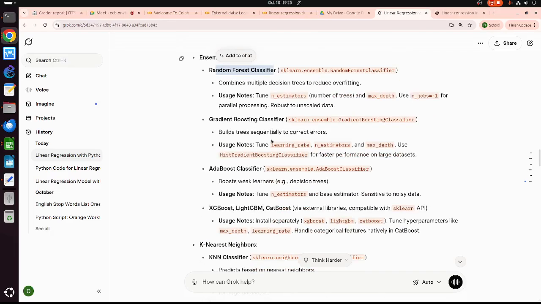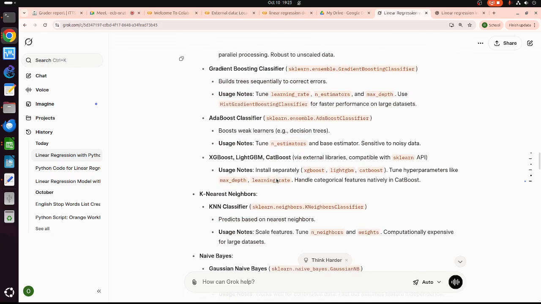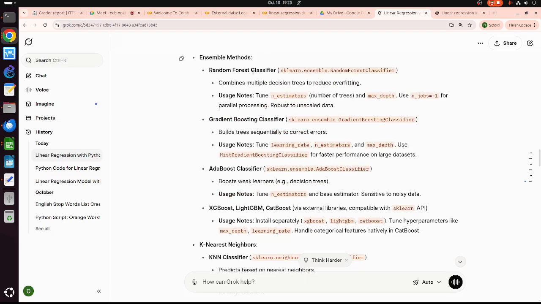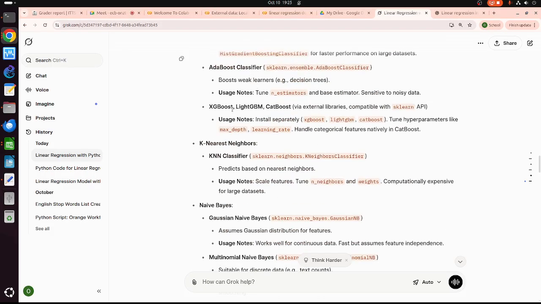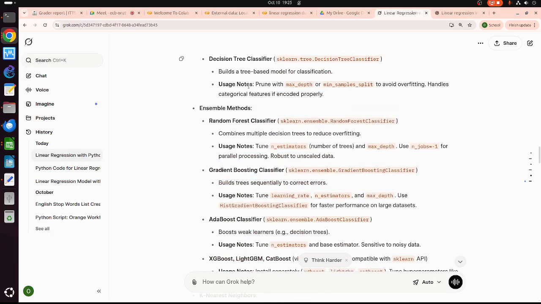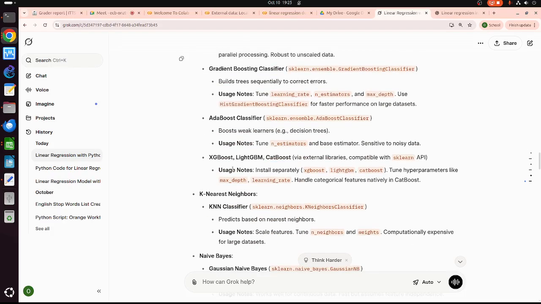Gradient boosting classifier is very similar to this one. This one is gradient descent, this one is gradient boosting, but this one is for decision tree as well. AdaBoost and XGBoost are also used for this. Ensemble method means we can ensemble several methods simultaneously.